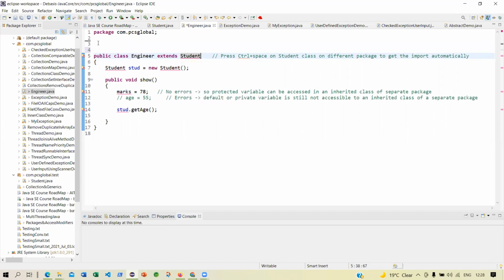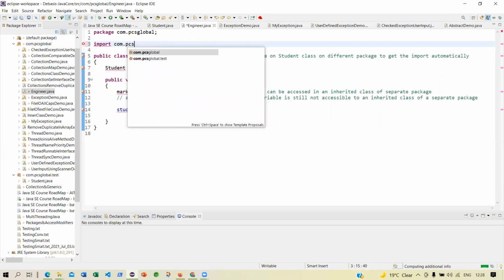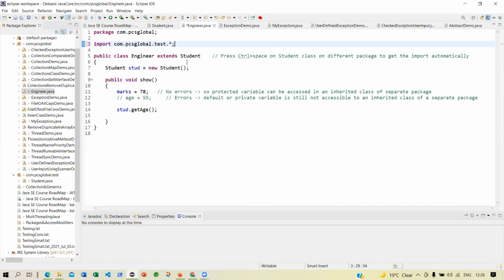You can type import com.pcs.global, and you will get a list of all the classes under it. You just select it, and immediately the error has gone. Either you can mention star or the particular class that you want to import, Student.